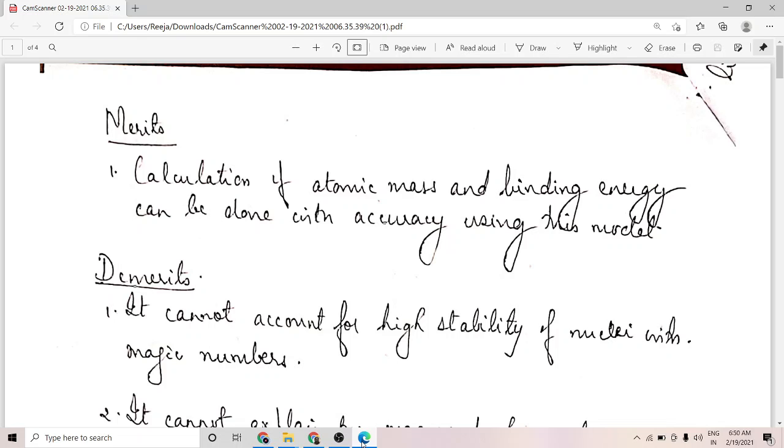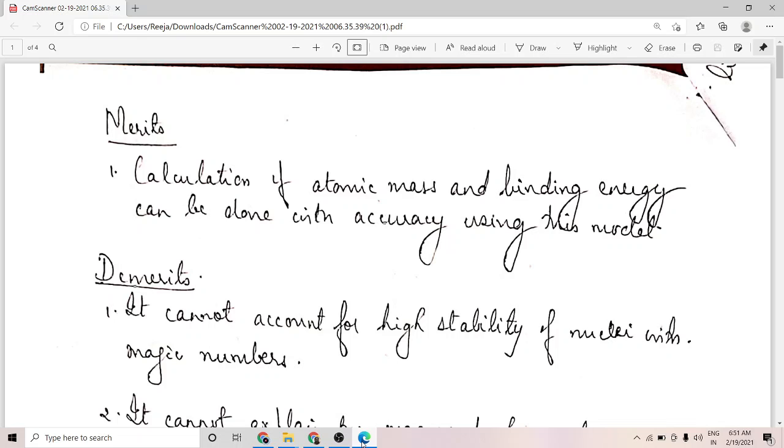In today's session we are going to discuss a new model, that is the shell model, for describing the nuclear structure and the nuclear properties. Before we begin with that, we discuss the merits and demerits of the liquid drop model that we learned in the last class. The merits of the liquid drop model is that the